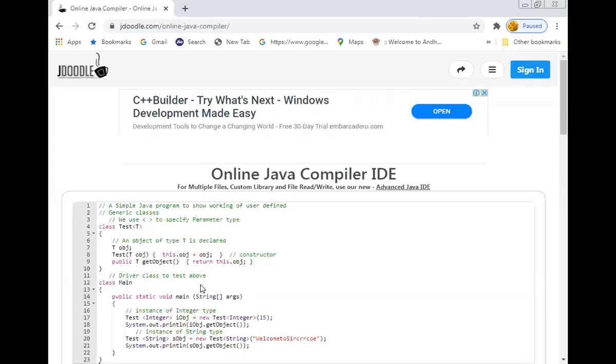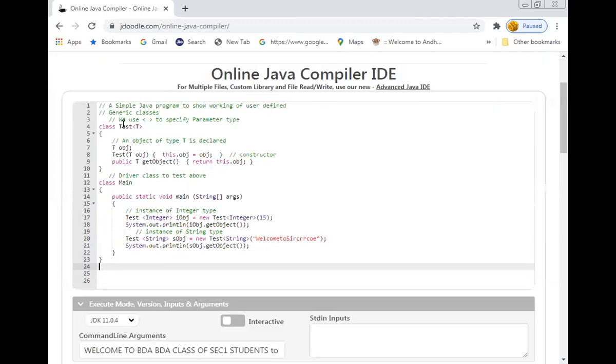Yeah. So this is an example for implementing a generic class. Now you can observe that class Test<T>, with T obj, here only one data item, that is obj, is of type T, and Test(T obj).